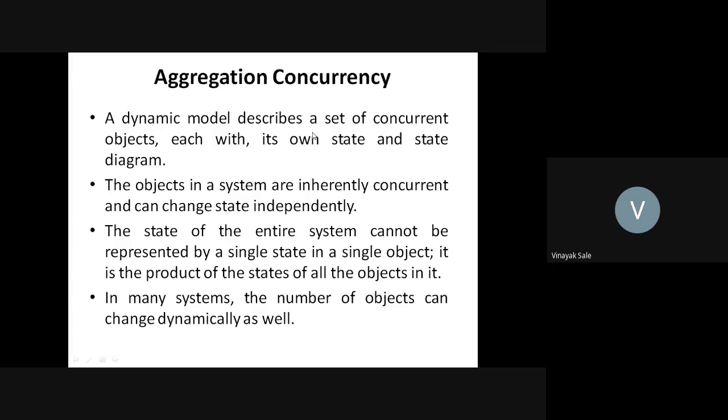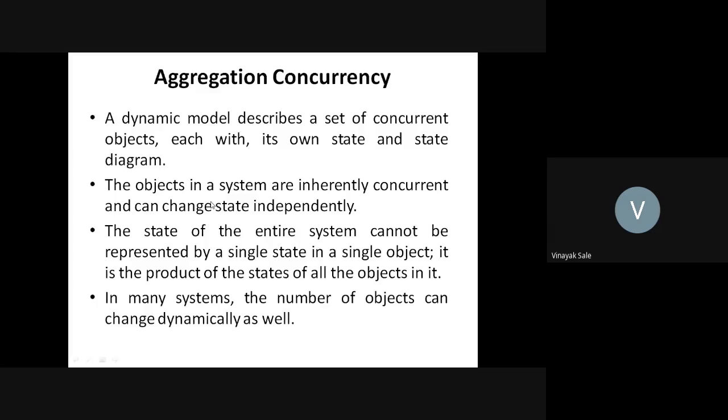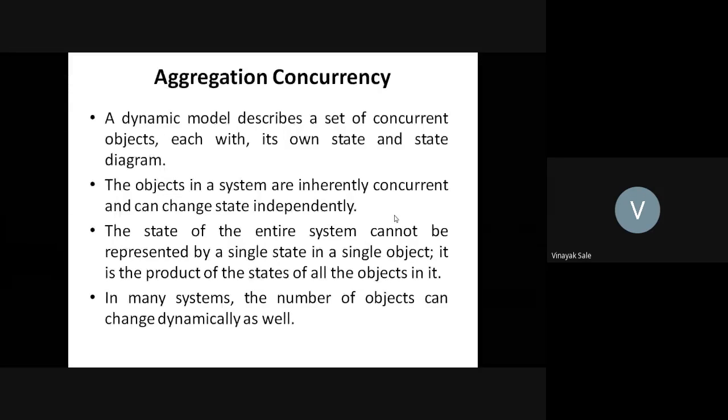A dynamic model describes a set of concurrent objects, each with its own state and state diagram. The objects in a system are inherently concurrent. They can change state independently. So there is no dependency between the objects. So they can change their states from one state to another state